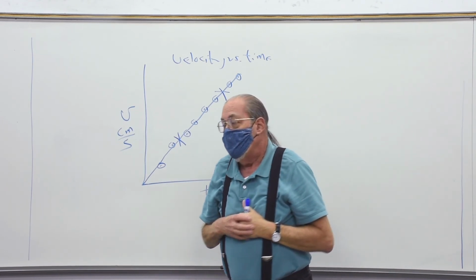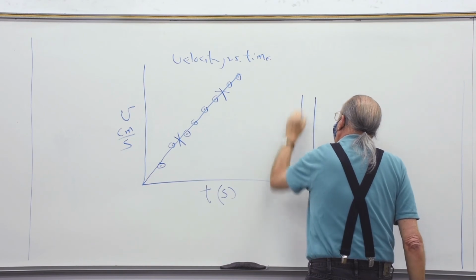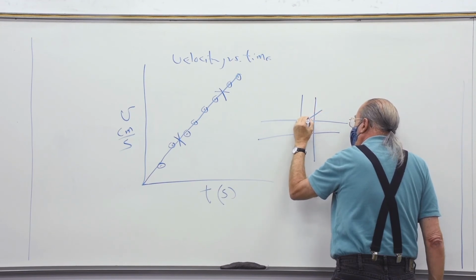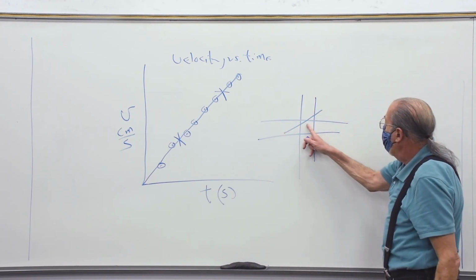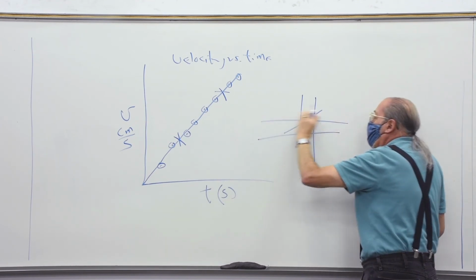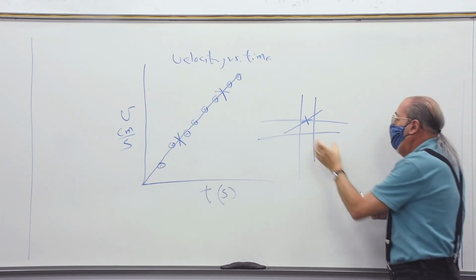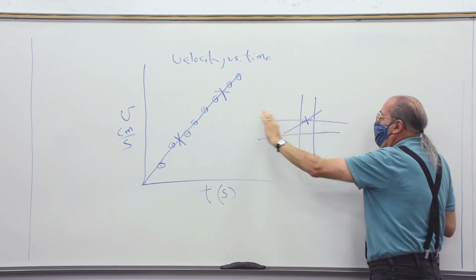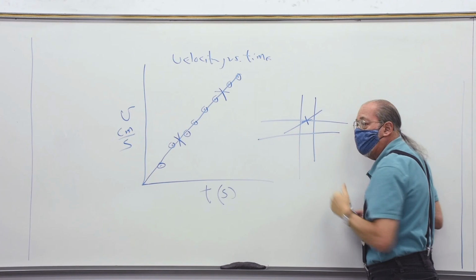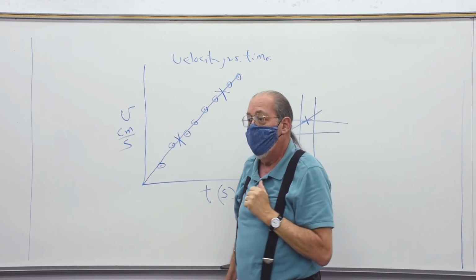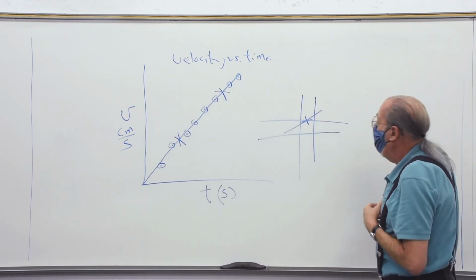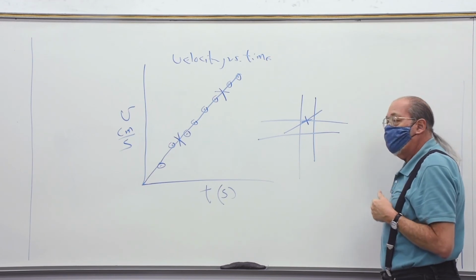So you can choose one, for instance, if you've got something like this, and the line goes like that. That's a good one to choose because you can read this vertical coordinate exactly and the horizontal coordinate exactly. The vertical coordinate is just about exactly halfway in between these two, and that makes it easy to estimate what that is. So you can choose them, and already I have seen in most cases when people wind up with a bad value for their slope,